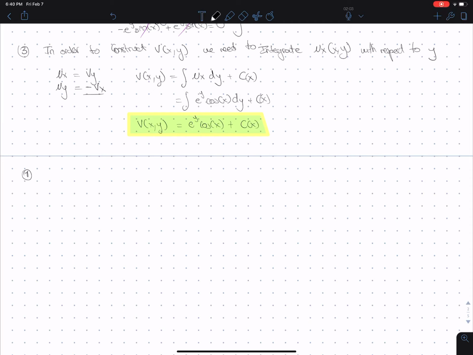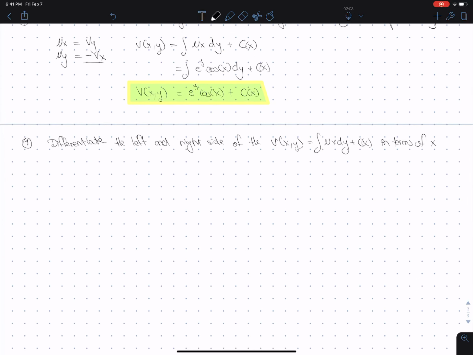So step number 4: we differentiate the left and the right side of the equation of b of x and y